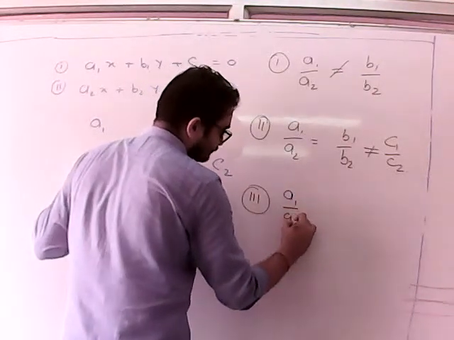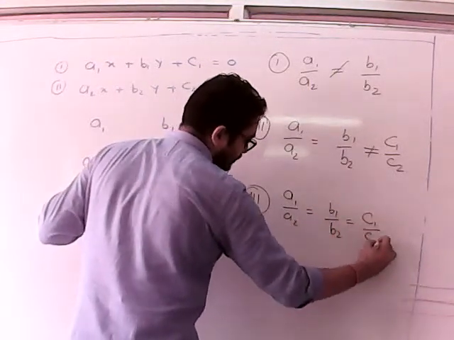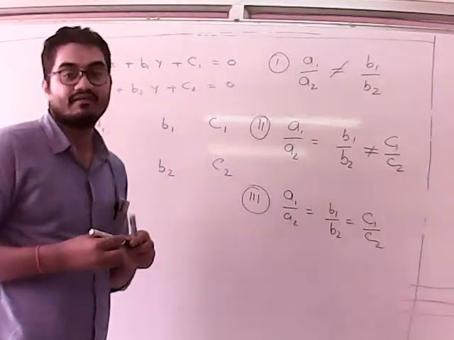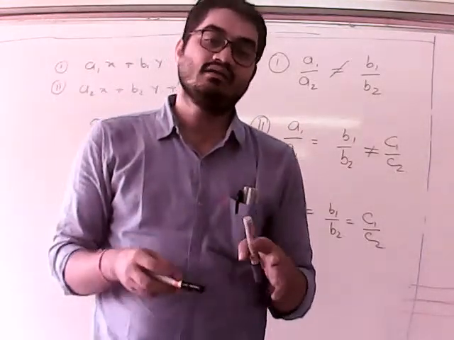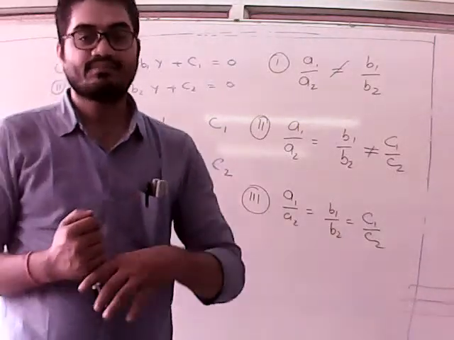The third one is that is a1 upon a2 is equal to b1 upon b2 is equal to c1 upon c2. In this case we will have the dependent and consistent solution, मतलब सिस्टम के बहुत सारे सॉल्यूशंस मिलेंगे।